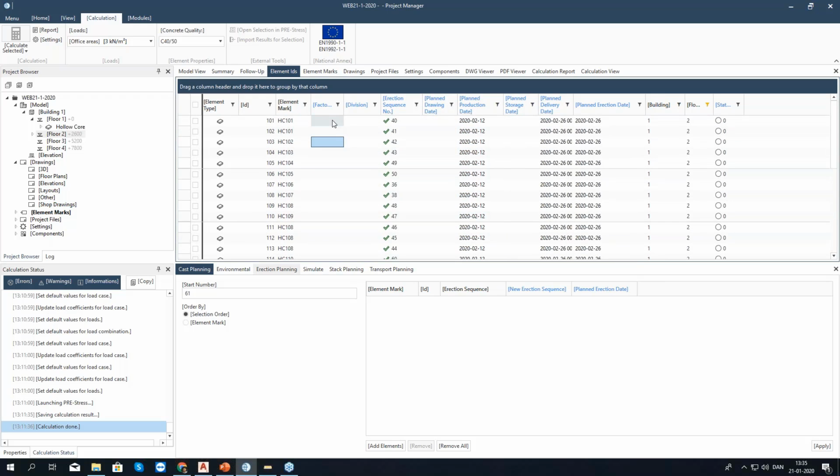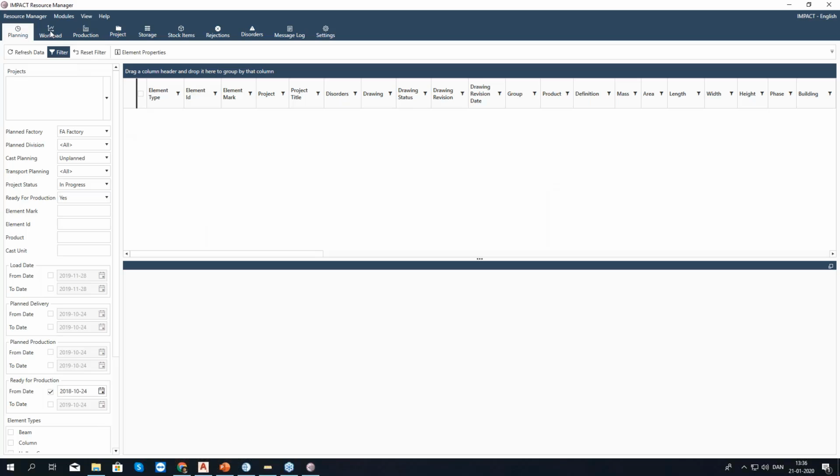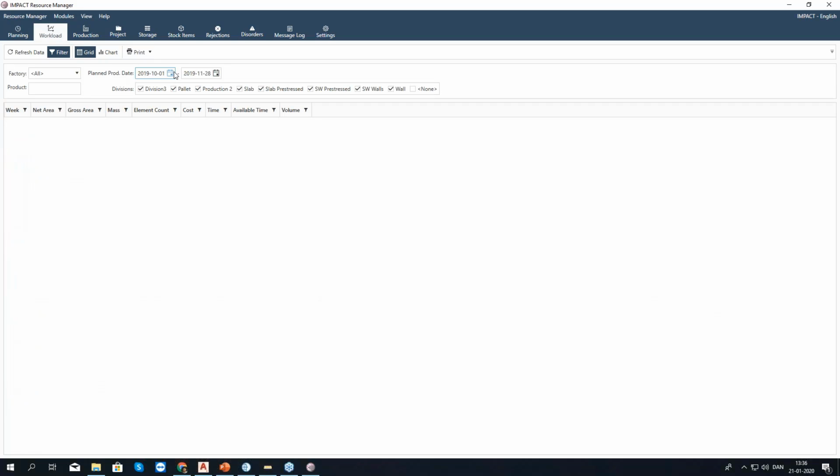It might be a good idea at this time to assign them a factory in a division beforehand, because now in Resource Manager we can separate the rough plant elements from the fine plant elements. And in order to do that, I just want to show you a quick picture of how it looks, just so you know that in Impact 16 you can see the difference. If I go to my workload tab, then select from